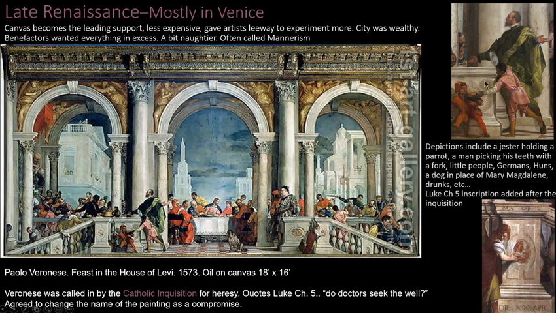So over here on the side are some details that are a little bit sharper in focus for you guys to look at. If you notice, here's some of the revelers. Here's the guy picking his teeth. We have all different races and creeds. We have this little person here who's dressed as a jester. He's apparently carrying a parrot in his hand or on his arm.